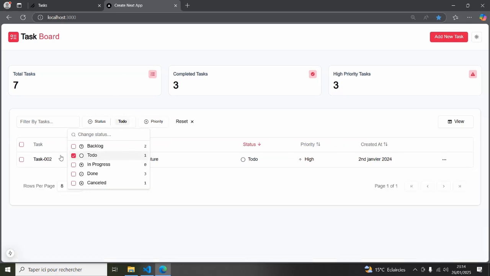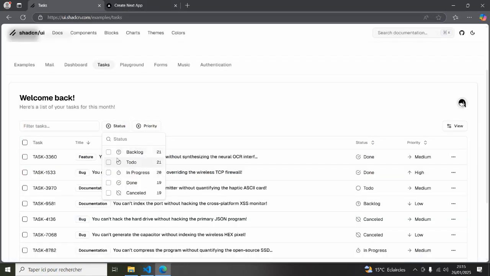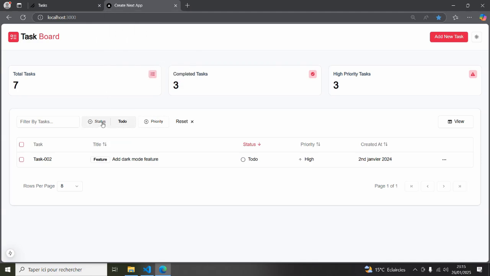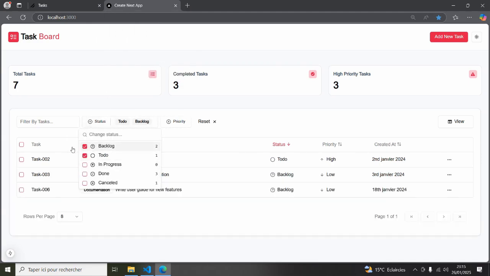So when I click on the to do, I'm just going to get the tasks that are having the to do status. Also notice right now we can show the actual filter tag that we clicked on. So the same thing that is happening in here. When I click on the other one, we're going to show it next to it. The same thing is going to happen if I click on the backlog. And also we can really filter down